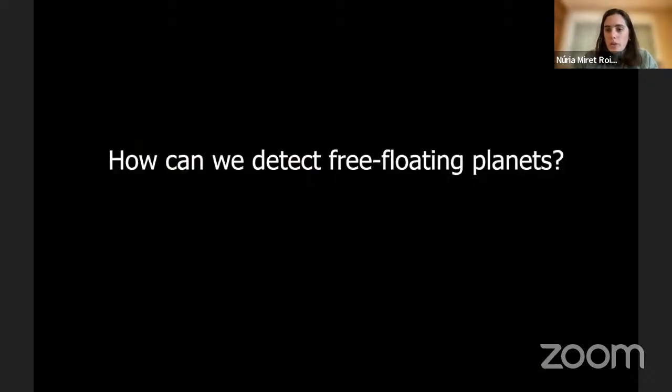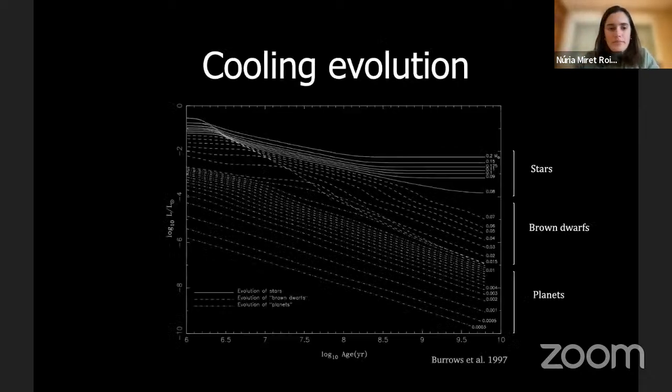Okay, so before doing this, let's move to the second section, in which we will try to see how we can detect these free-floating planets. I was already introducing you before to the cooling evolution of brown dwarfs and free-floating planets. Here what you see is the luminosity as a function of age, and we have represented different types of objects: stars, brown dwarfs, and planets. Essentially, we see that stars